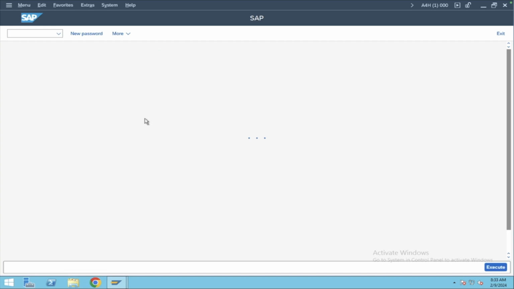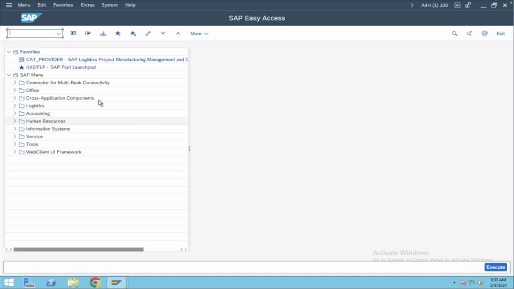So this is SAP. We have discussed how to log in, how to add favorites, and all of these things. Last time we were on ME51N. ME51N is for purchase requisition creation. So now when